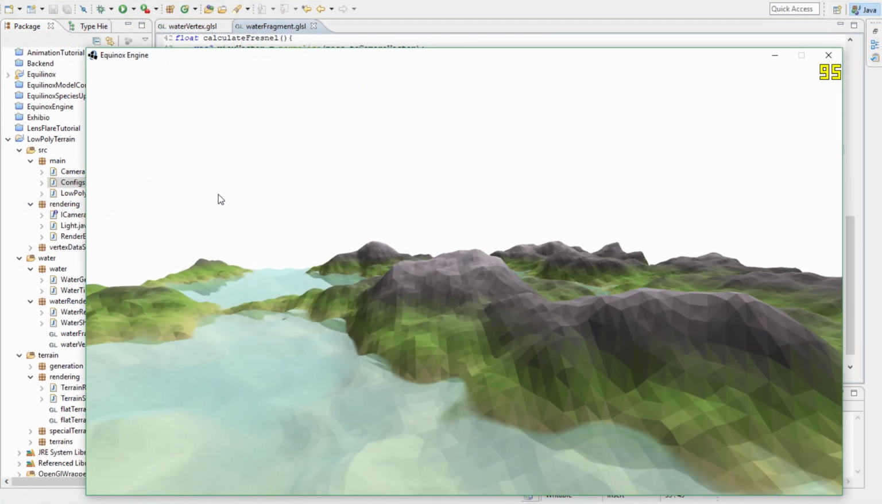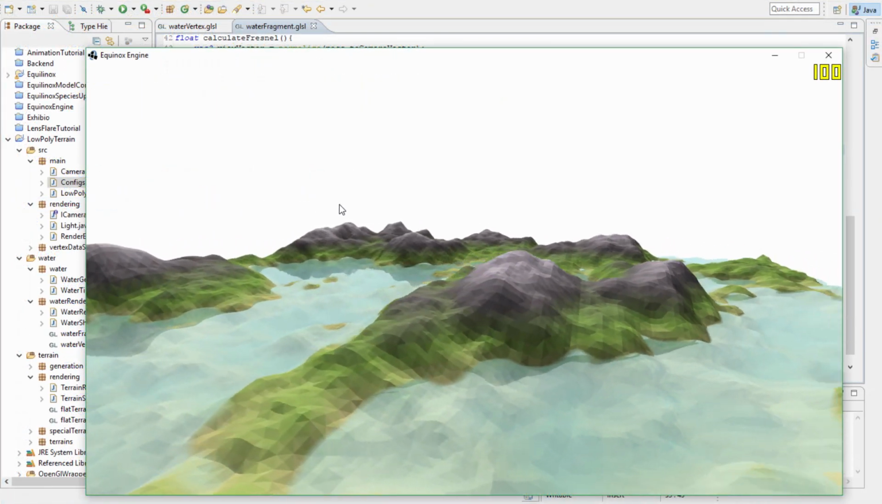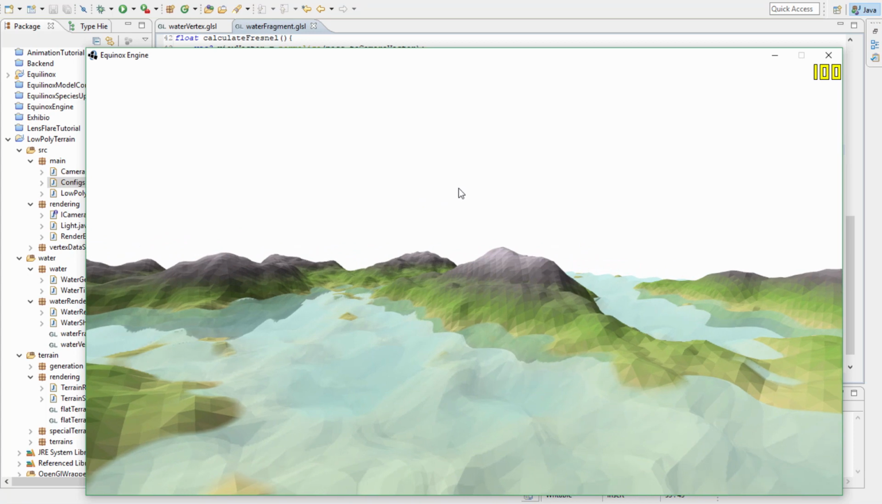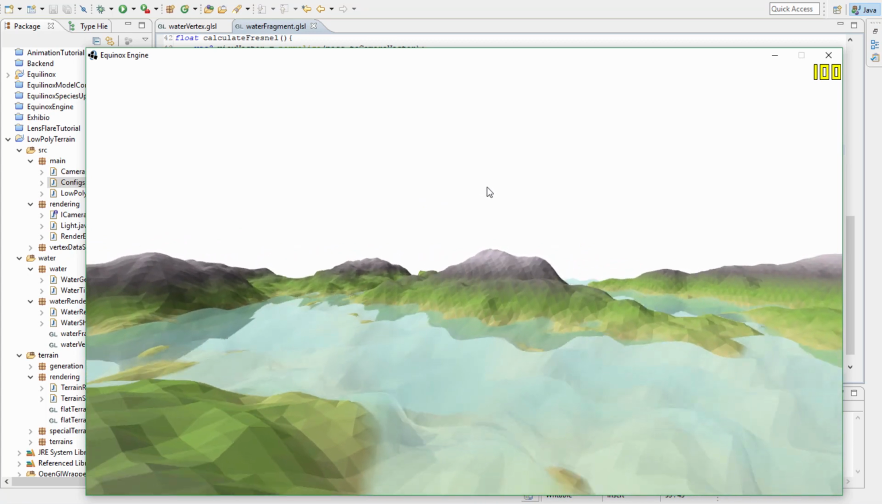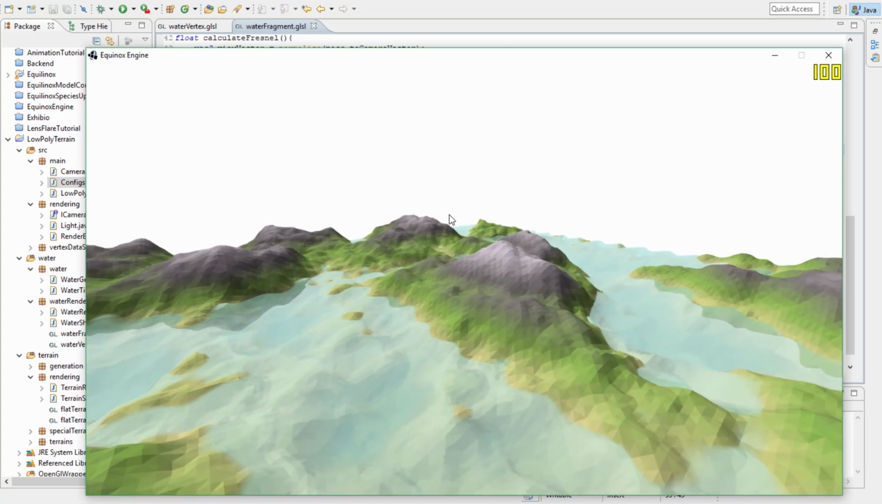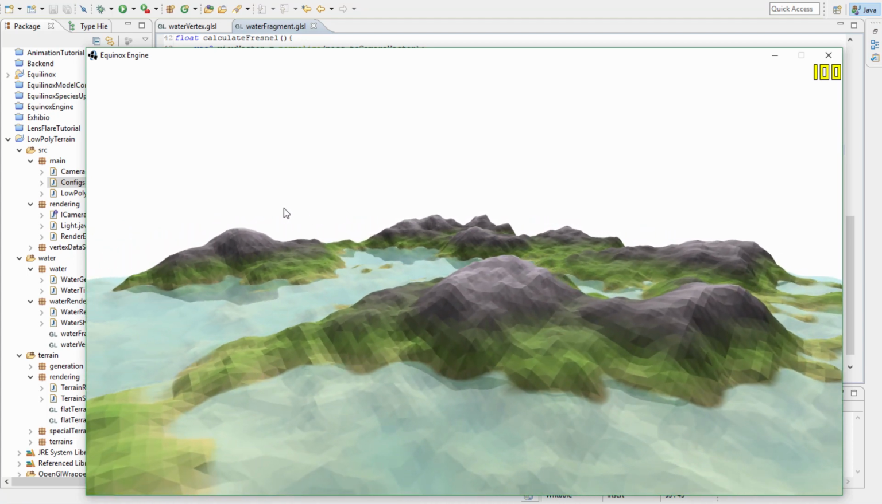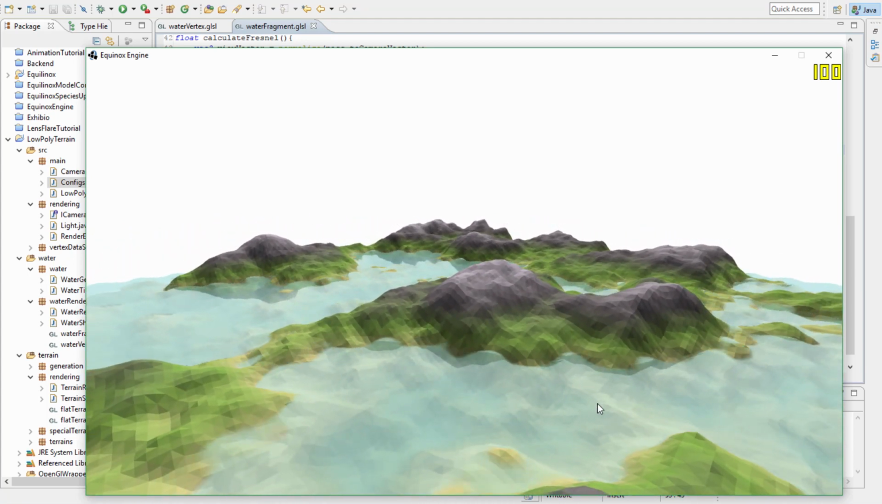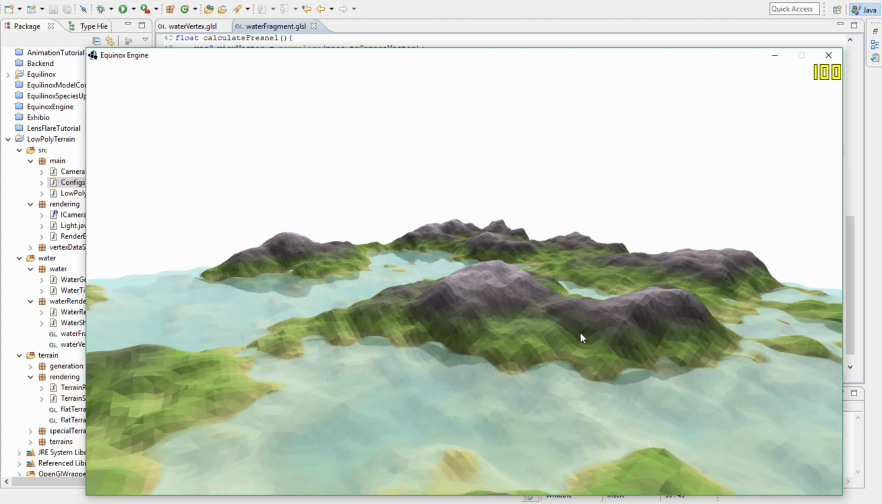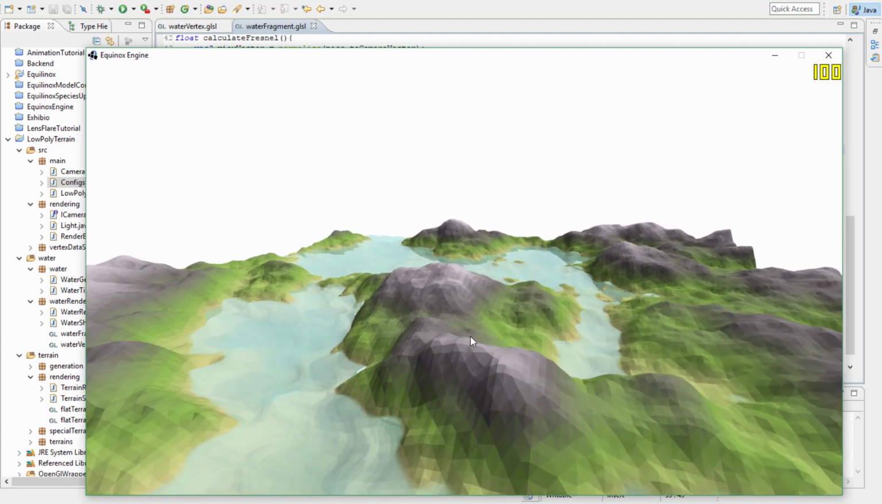So we're almost there now, but there is still one thing missing, and that is lighting. In order to apply lighting to the water, we need to know the normal vectors, and these normal vectors will of course have to be calculated after the distortion has been applied to the vertices. One way of doing this would be to use the geometry shader,